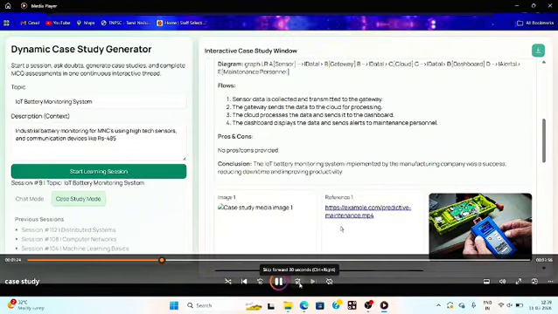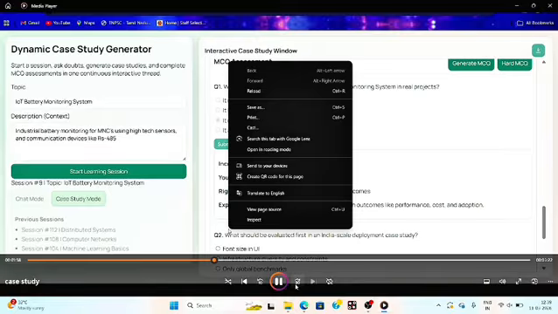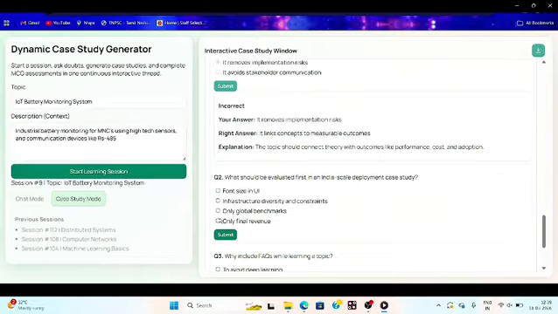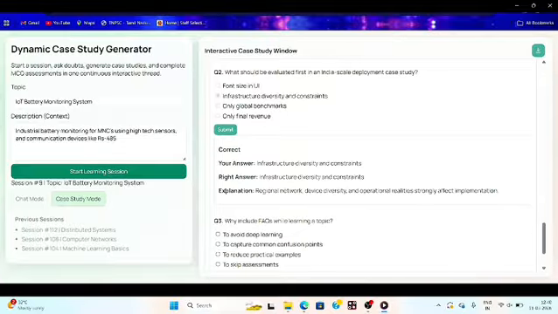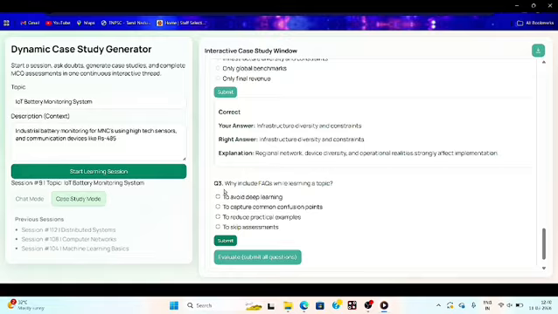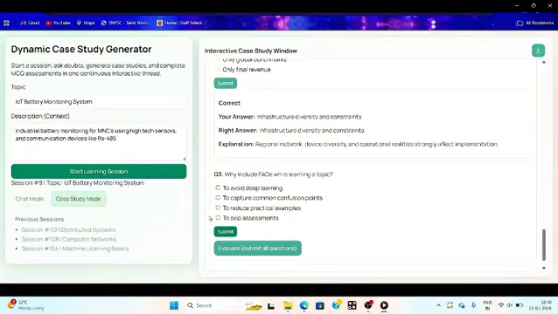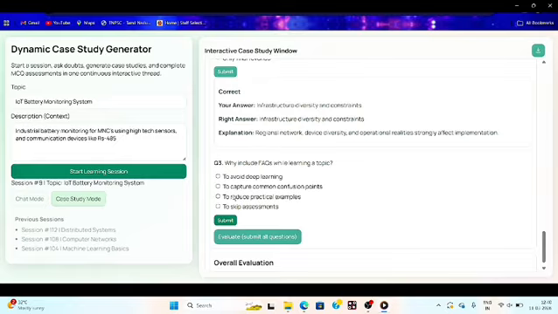After learning the case study and clarifying the doubts through FAQ, the platform evaluates the student using an intelligent MCQ assessment. These questions are designed not just to test memory but to evaluate analytical thinking and real world problem solving ability. Students can attempt standard or advanced level questions and receive instant feedback on their performance.